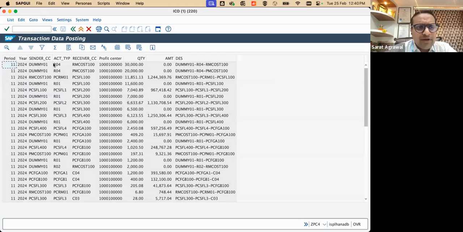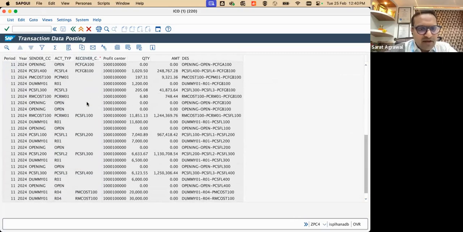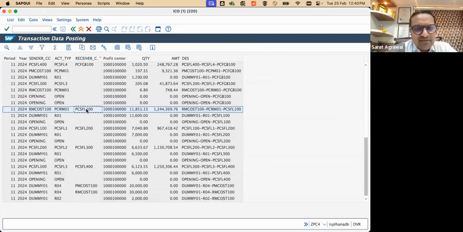Now, what we are doing here, if you see the SFL1, under this SFL1, these are the quantities. For example, 11,851 quantity of raw materials are consumed, plus my production is 11,600, no opening stock as we have seen in the closing stock report, and then accordingly this particular SFL1 is consumed for SFL2, 7040. Okay, so according to this